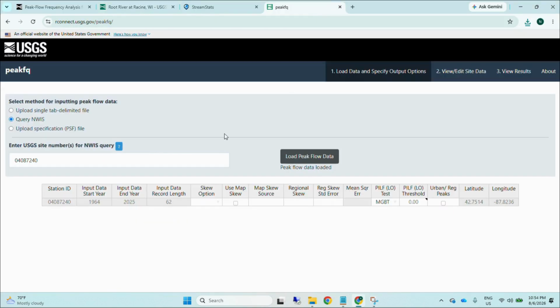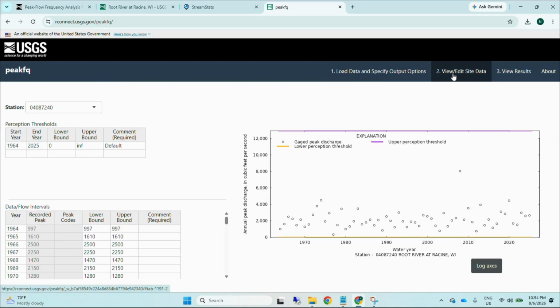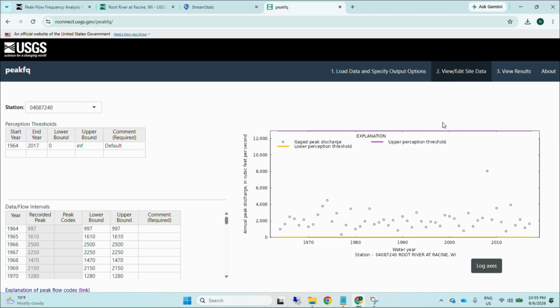Now let's copy and paste these values into PeakFQ. Since we'll later compare our results with the gauge-based estimates from the StreamStats report, let's keep the analysis period consistent, from 1964 through 2017. We can easily update the period of record by going to the View/Edit Site Data tab